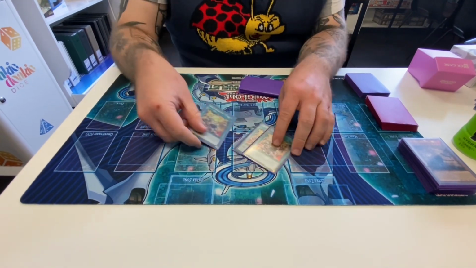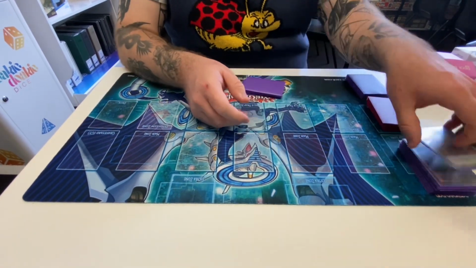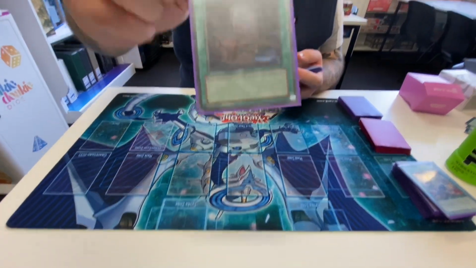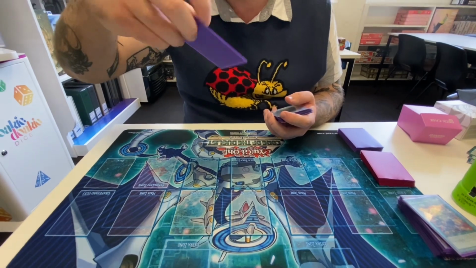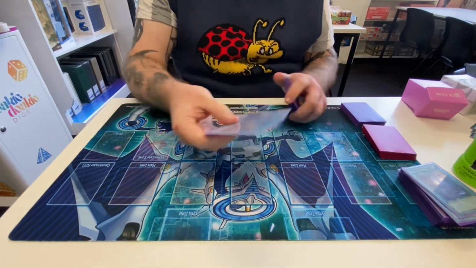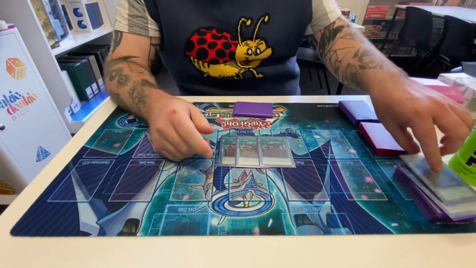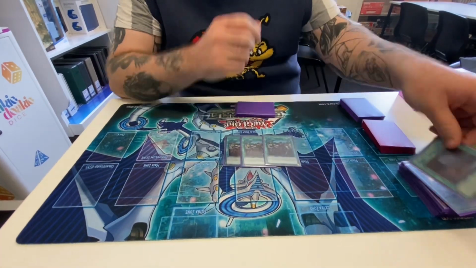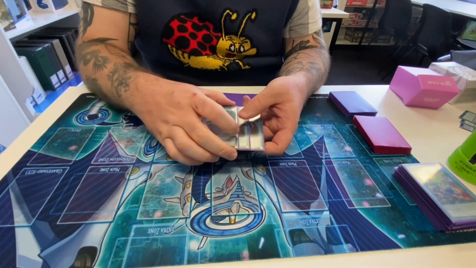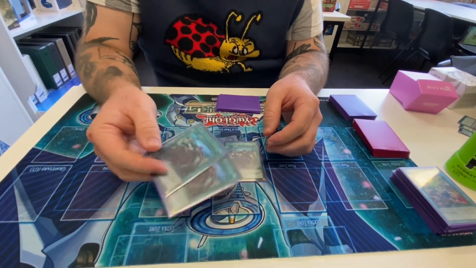Triple Tanky, you always play Triple Tanky. 1 Foolish Burial, 1 Turbo Pack, 2 Foolish Burial. Triple Thrust. You play a bunch of really good engine cards like Foolish Burial and the Harpie's Featherstorm to search your Thrust. So if they ever interact with you, the idea is that your worst case scenario is